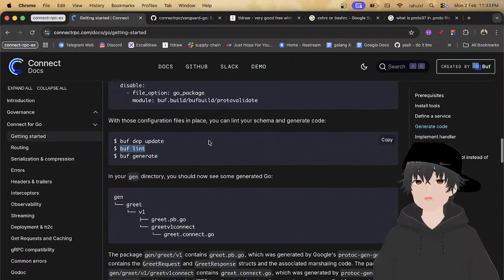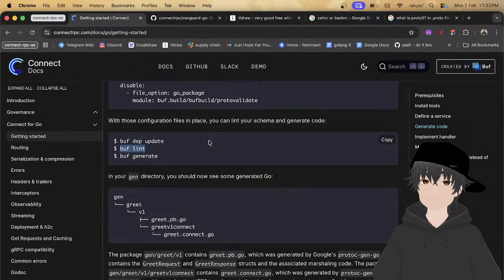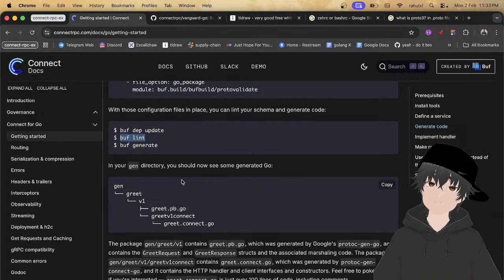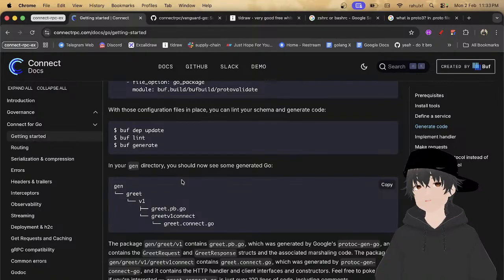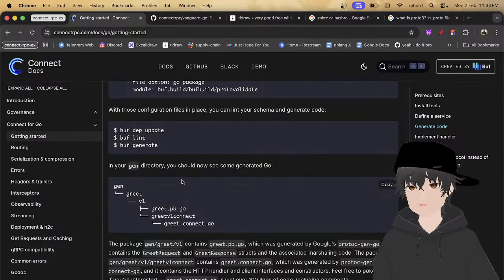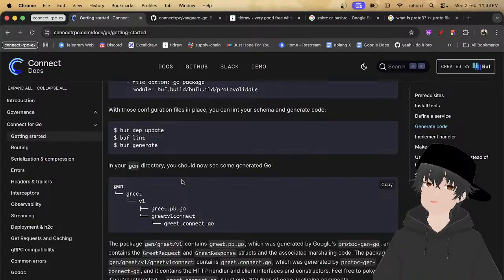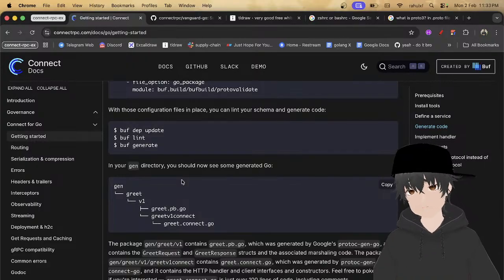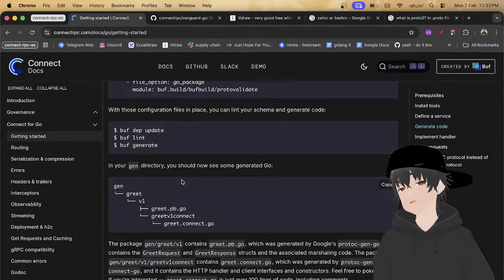Okay, we get it in the same way. So in your directory, you should now see some generated Go: gen greet version 1 greet.pb.go, greet version 1 connect greet.connect.go.